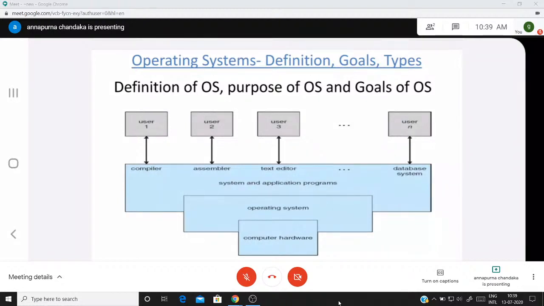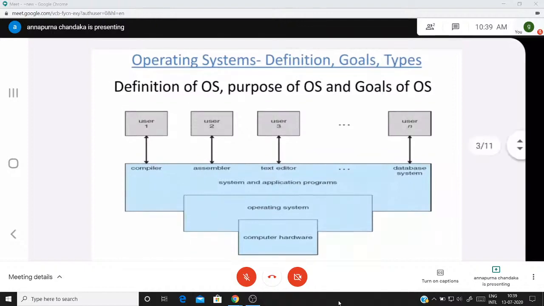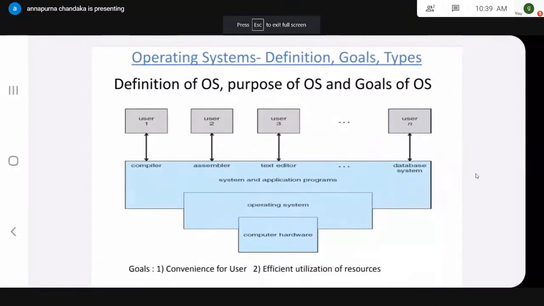That is hardware. Number 2, the second very important one, is system and application programs. What is the system and application program? Your computer can understand only one language, which is called machine language. But whatever programs we write are in a high-level language, and your computer cannot understand high-level languages. So you need a translator, which is responsible for converting high-level language programs into machine language.